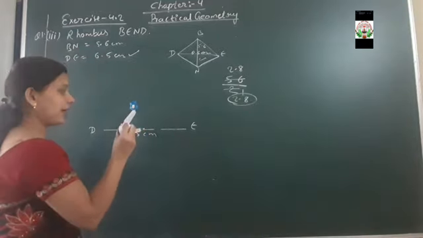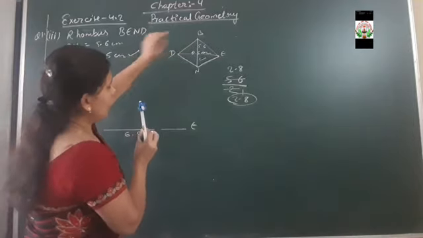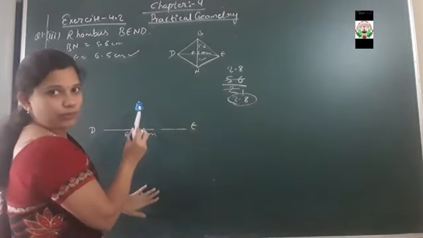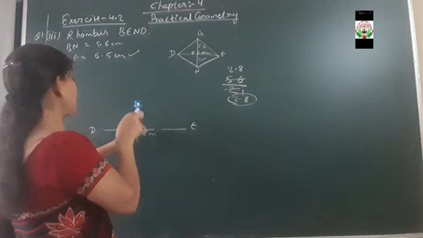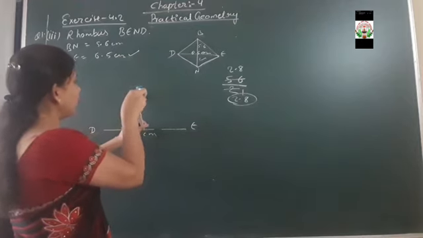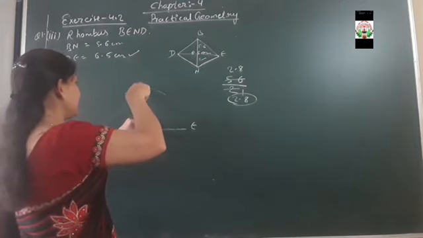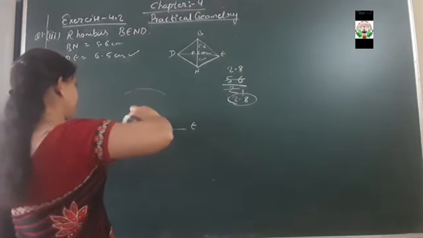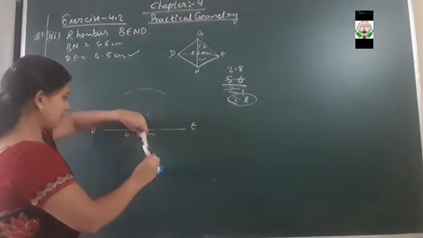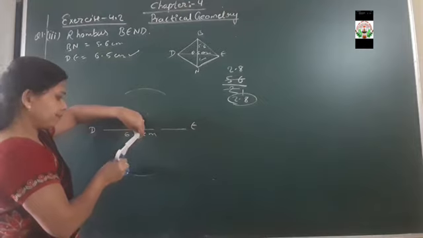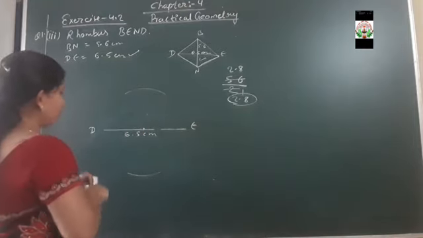So here center we had already marked. So that center you have to make the arc at the top and at the bottom. ऊपर और नीचे आपको arc बनाना है. ठीक है. So measuring 2.8, you have to make an arc at the top as well as at the bottom. Now create the same measurement arc at the bottom. Clear? These two arc have you got? After that two arc, what you have to do?